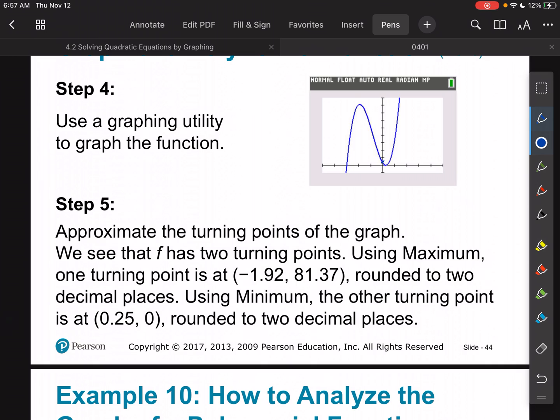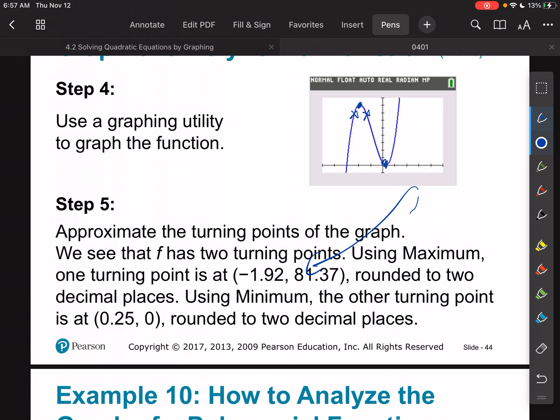The way that you find those with the graphing utility is when you put this in, on Desmos, you can just click on these points. So if you're on Desmos, you click on these points and they give you this. I don't know if they'll give them to you to the nearest 100th or to the nearest 10th, so you might have to do it on your graphing calculator if they don't give that to you accurately on Desmos. But all you do is you put it in and you use your maximum and minimum function. So use your maximum function, they have you approximate it, so you would choose a point beforehand, choose a point after,